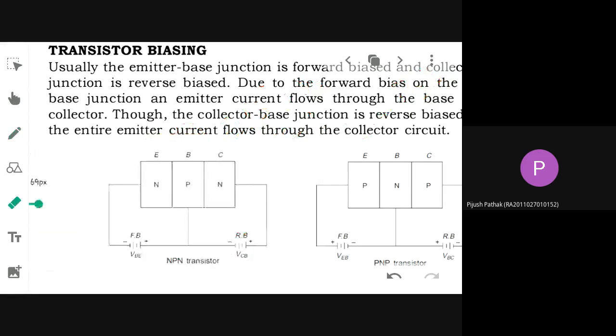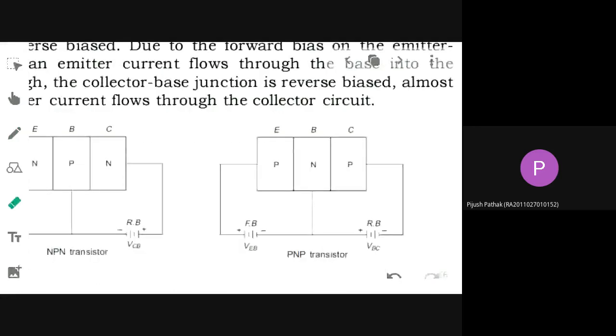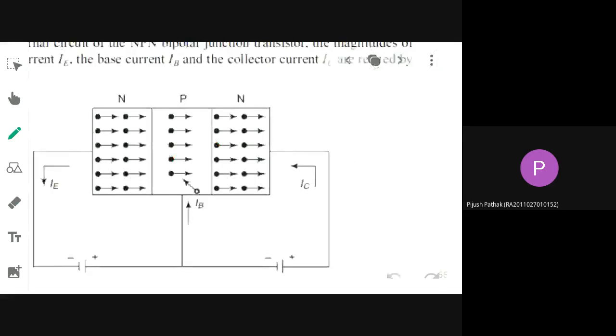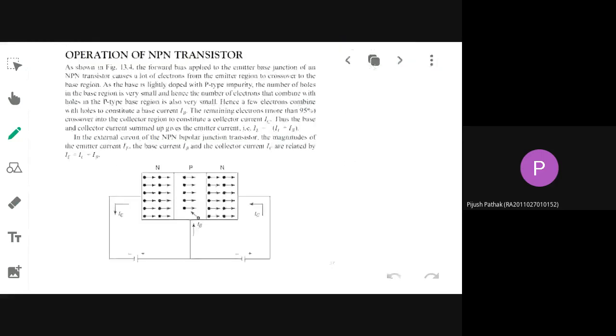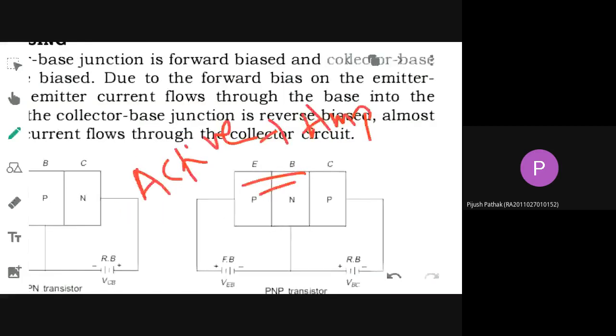Okay, if you see a PNP transistor, again the same terminals EBC, that is emitter, base, collector. Now the emitter base should be forward biased. Okay, then only it will be coming to the active region and amplification will be possible, because in most cases BJT will be used as an amplification device. So it will be operated in the active region only in most cases. So if you want the device to be in the active region, the emitter base should be forward biased and the collector base should be reverse biased.